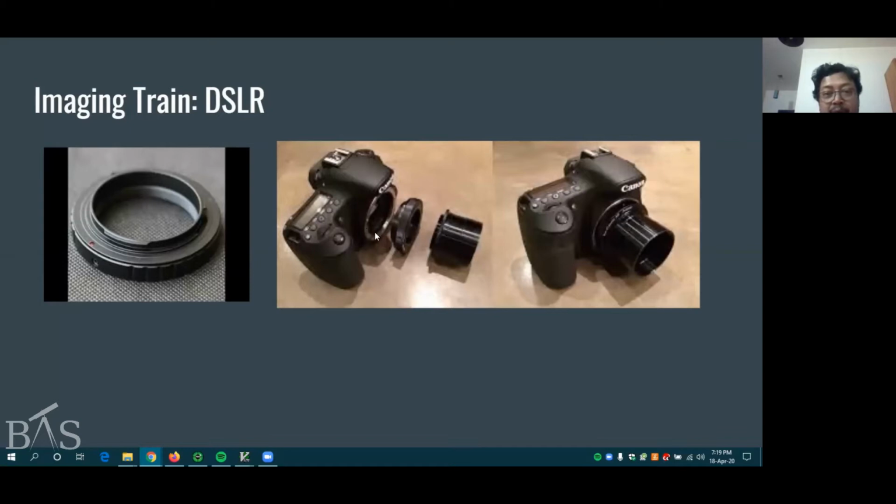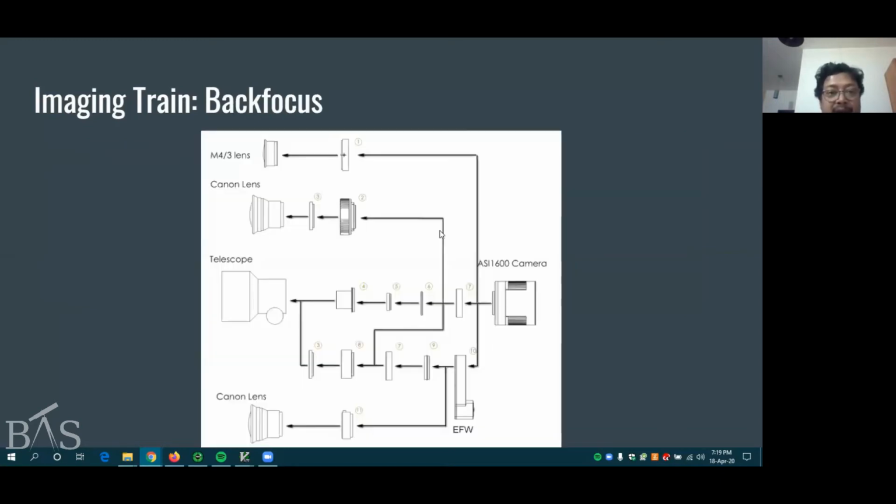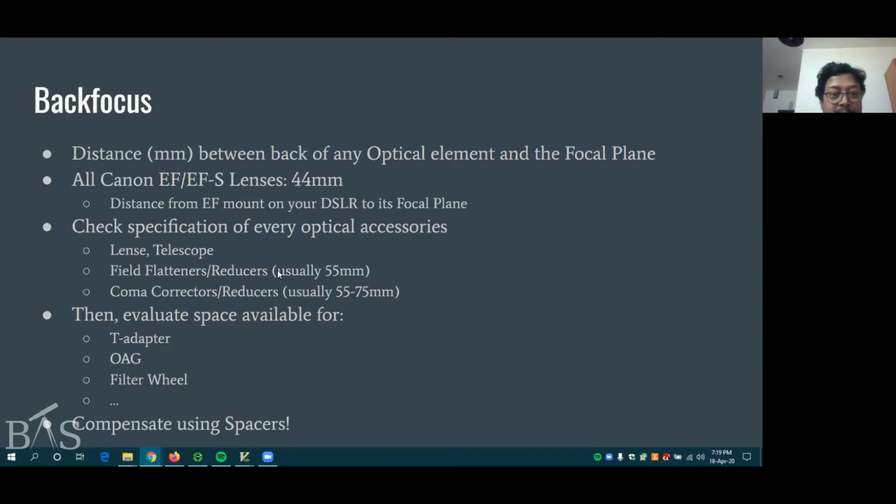Usually with a reflector scope, we would use a field flattener, which nowadays is pretty standard. Since I said the field flattener or reducer back focus is 55 mm, and the body of a DSLR itself requires 44 mm,